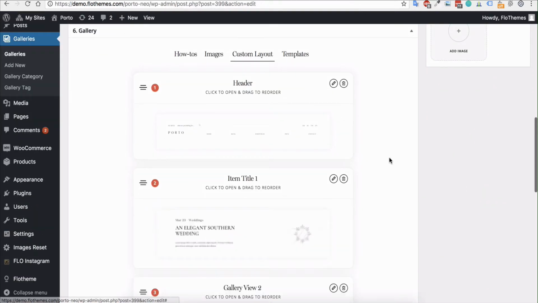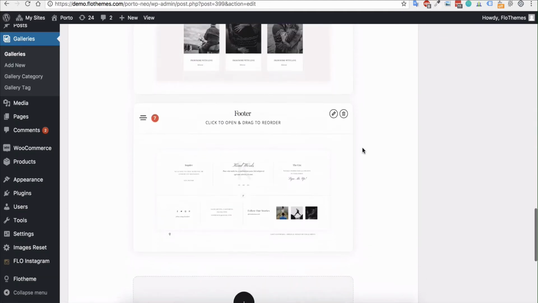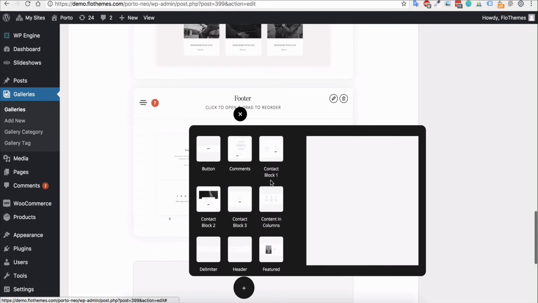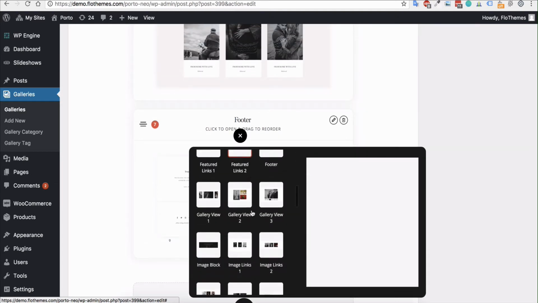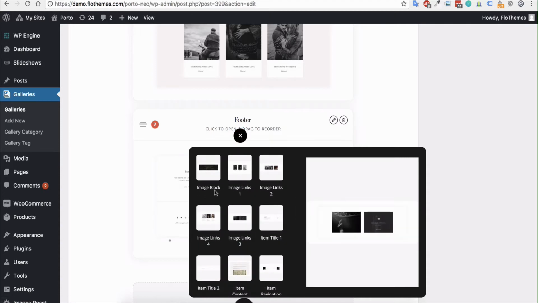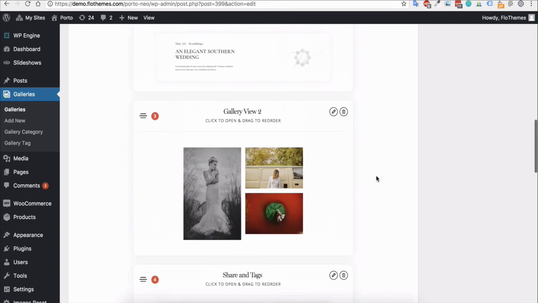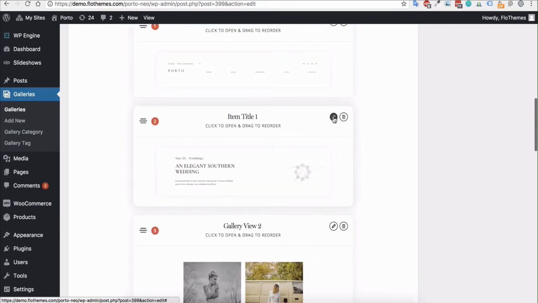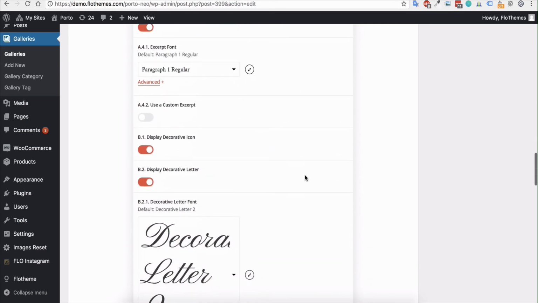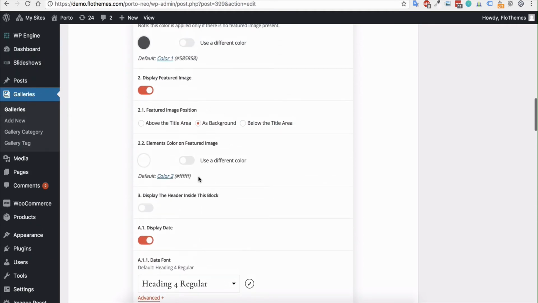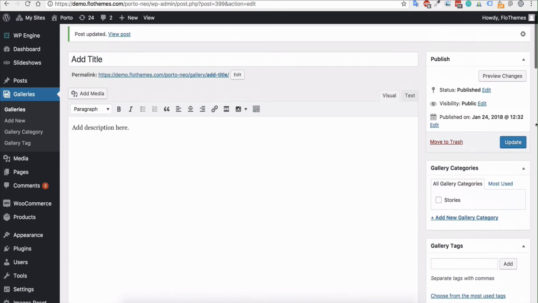If you go to the custom layout section, you'll then see all of these blocks have been applied. Maybe you wanted to extend that further, you could actually go ahead and do that as well, and go to add blocks and add any block in here for whenever you're creating your gallery. And once you've added any block, all you have to do is edit the block and add any details to that. So for example, if maybe you've added one with a different featured image, you could go ahead and just update all of the content inside of that block, and then once you're happy with it, just hit update,